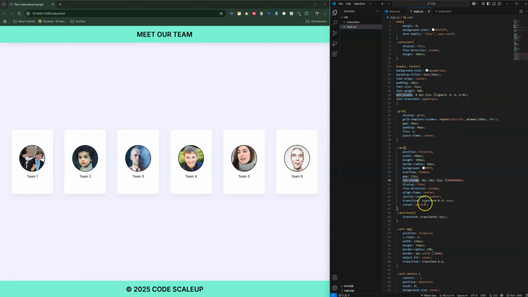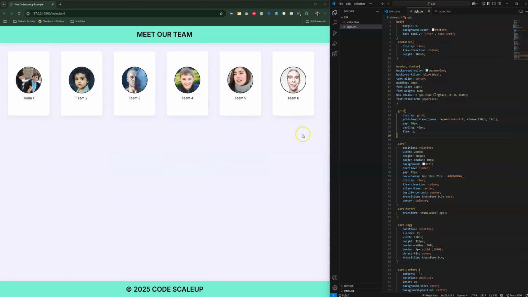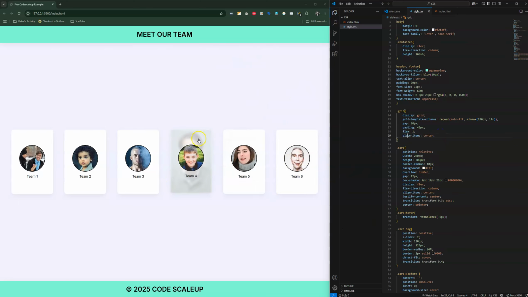maximum gap should be 20 pixels, and the padding, and then the flex direction I've set, that's one, and then I've placed the items in center. If you remove it, then as you can see those are placed at the top, but if we place items in the center,